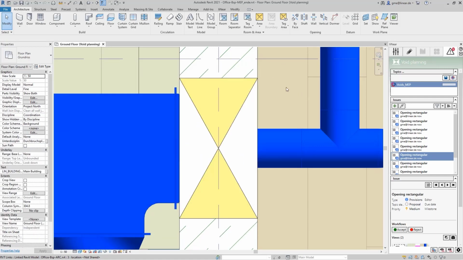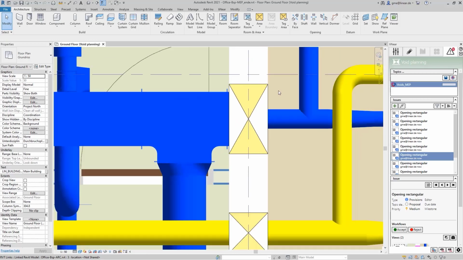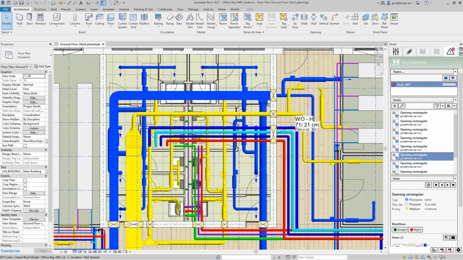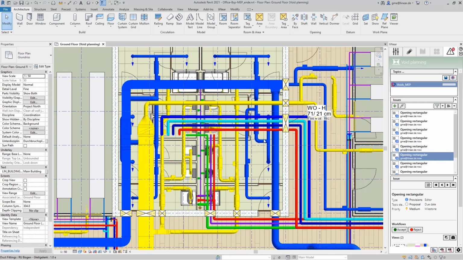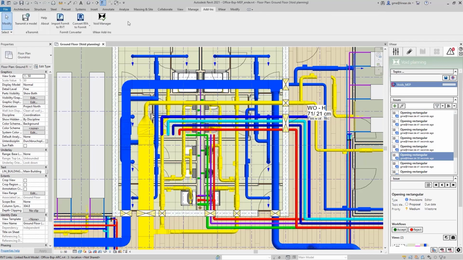The structural engineer, in turn, loads this BCF file and can then evaluate the proposals and decide whether they are acceptable or not. For this purpose, the respective status is set to accepted or rejected, and a comment is added if necessary. If the structural engineer also worked with Revit, he can perform this coordination very conveniently using the free